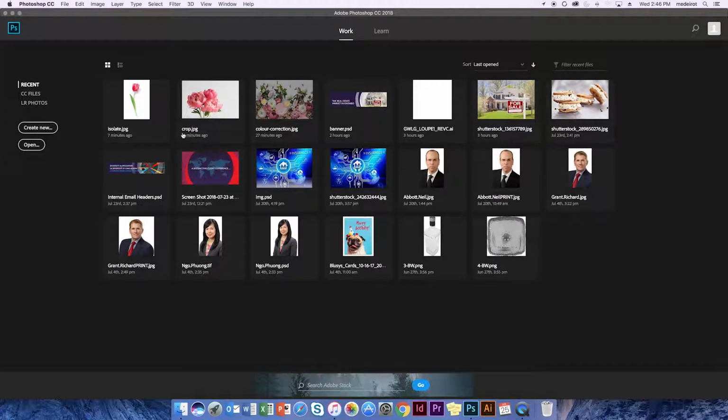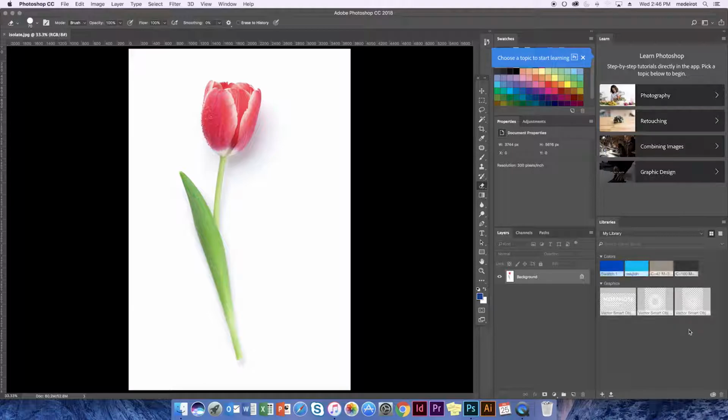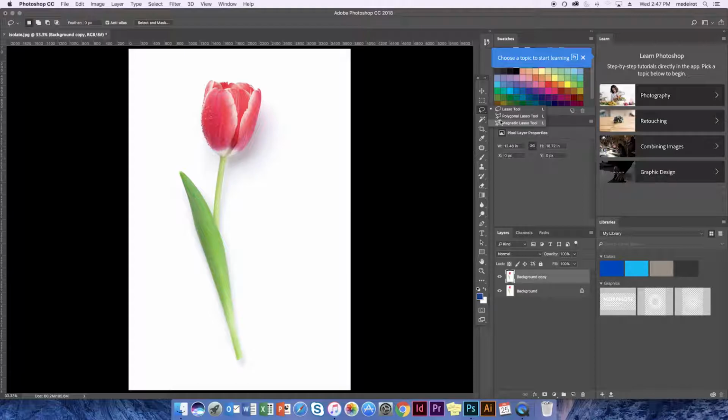Okay, and so that was one way. I'm going to show you another way. Okay, let's just close this out, and we'll start again. So again, Photoshop remembers what you've been doing, so it has my files here. Because we just opened this one recently, it's still there. So again, I'm just going to make a new layer, leave that guy alone, and now I'm going to explain